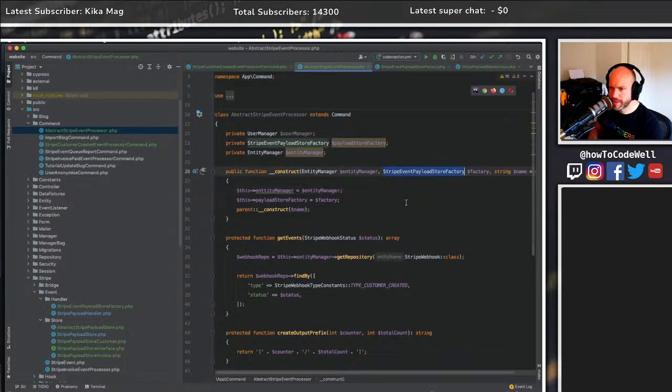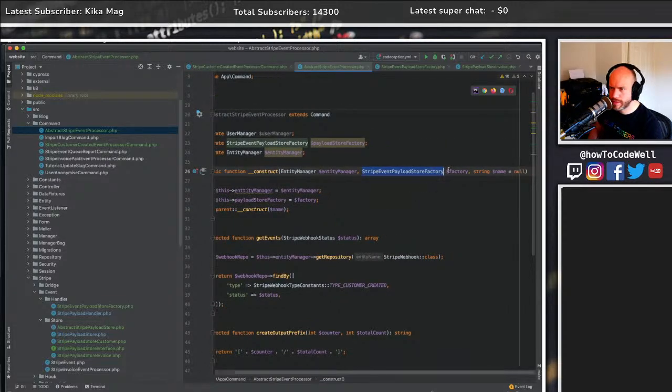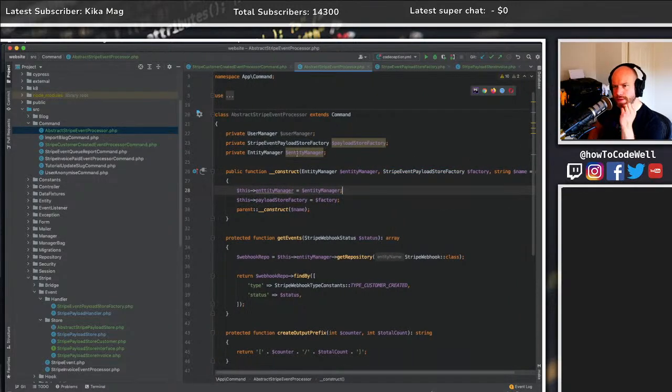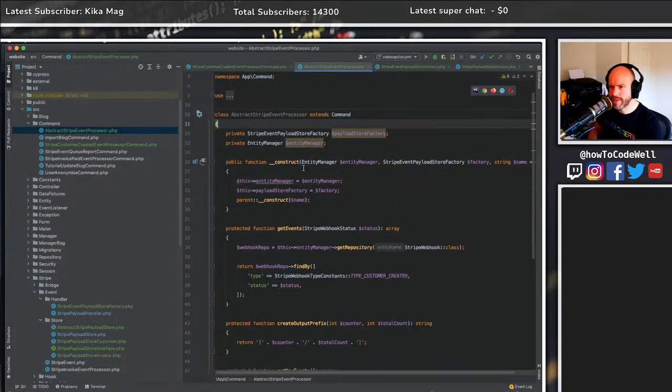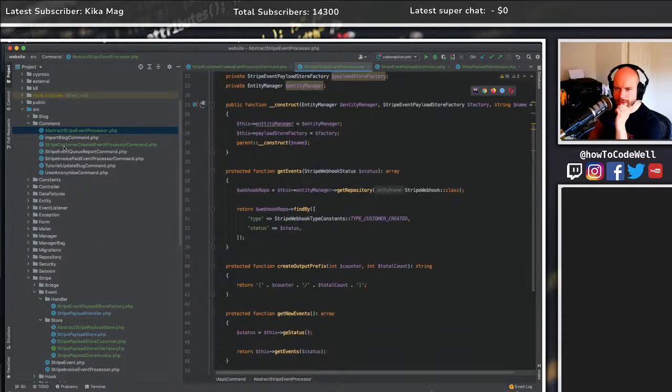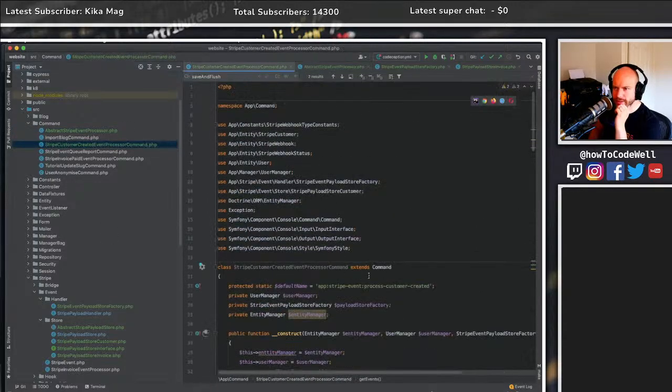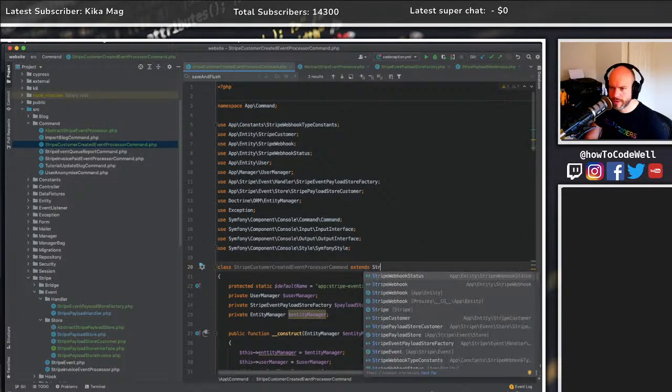Do we need the factory? We don't. We need the name. So we don't need that. Hang on, I'm just trying to think here. Do we need the payload? If we were to extend, if we were to do extends Stripe